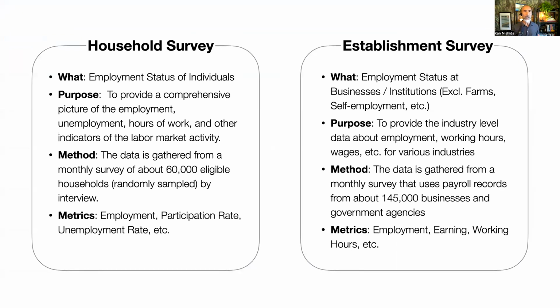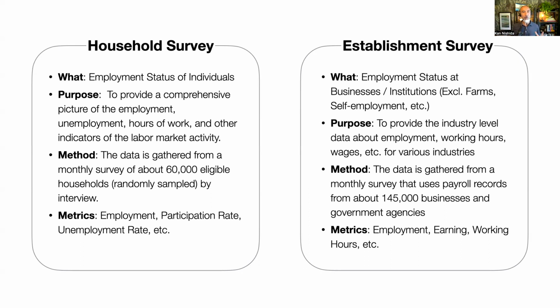One is household survey, that's the left-hand side, and the right-hand side is establishment survey data. Household is literally about the household, or more like focusing on the individuals, whether they have jobs or don't have jobs, which means unemployed. And the right-hand side is from the perspective of the companies, organizations, institutions and government agencies and so on, but that doesn't include farms or self-employed people. This is more like focusing on the organization.